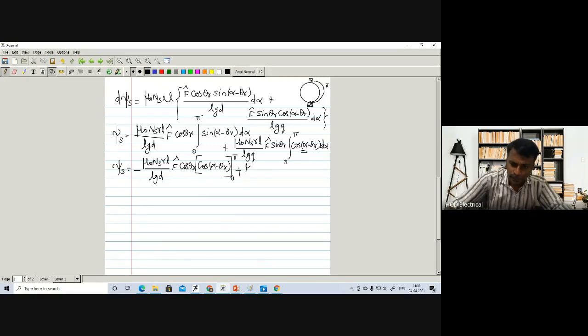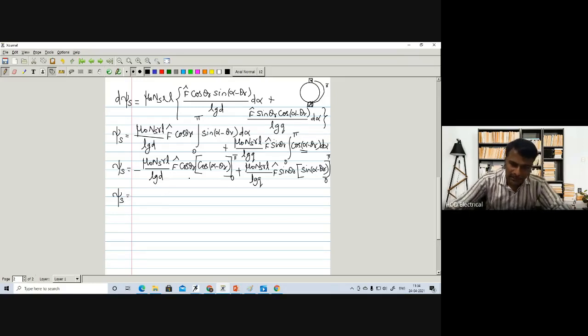This minus is due to the integration of sine. Plus mu naught ns r L divided by LGQ into f cap into sine theta r, then this integration is sine of alpha minus theta r, varying from 0 to pi. Now we can write psi s is equal to,